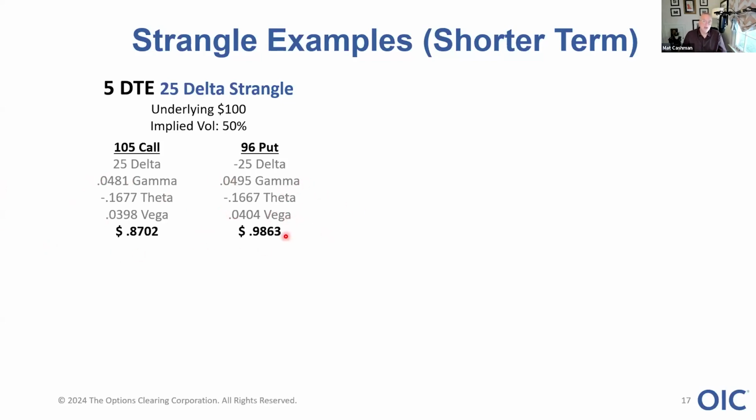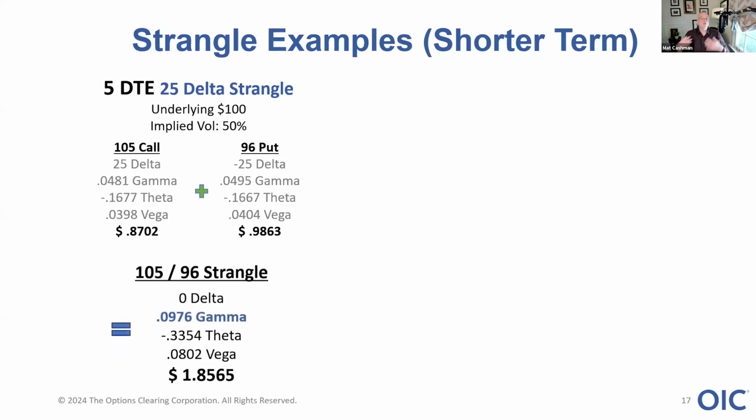However, the 96 put is worth a little bit more, 98 cents, because of the skew that I was talking about. The put side is a little higher most of the time when we're dealing with equity or index options. And so you're going to pay a little bit more in premium for that option. When you put these two options together, you get what I would call the 105-96 strangle,